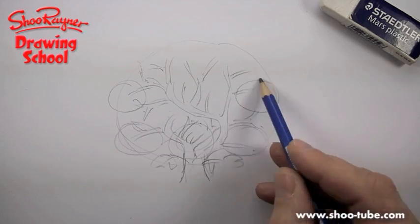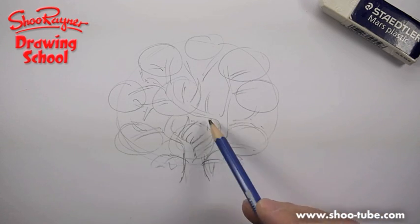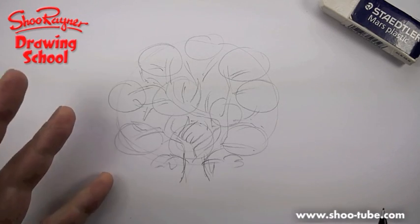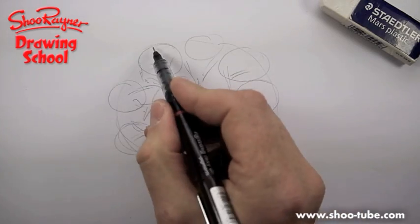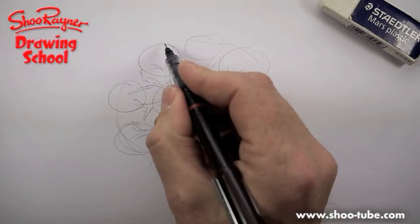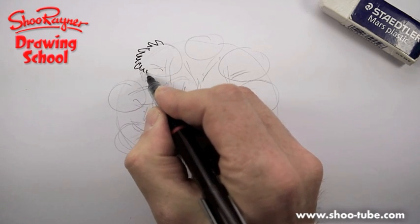So draw these kind of just very ball kind of shapes and just kind of fill up like that, and that will give you, this is all going to get rubbed out. Okay, so this is just a guide, so draw it very, very lightly. Now the leaves are going to kind of radiate out from the center, so I don't know, start up here, and you're just going to want to do this kind of